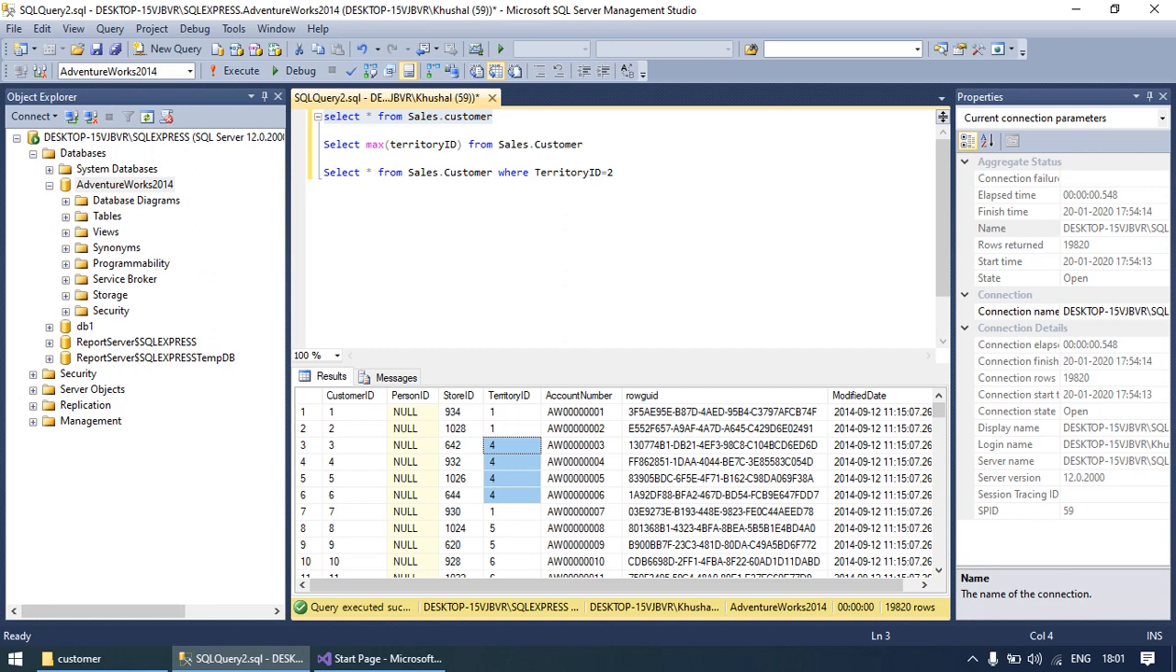Hi all, today we are going to discuss a for loop container in SSIS. It is like a for loop that we have studied in C and C++, and if you want to run or execute any task n number of times, then you can use a for